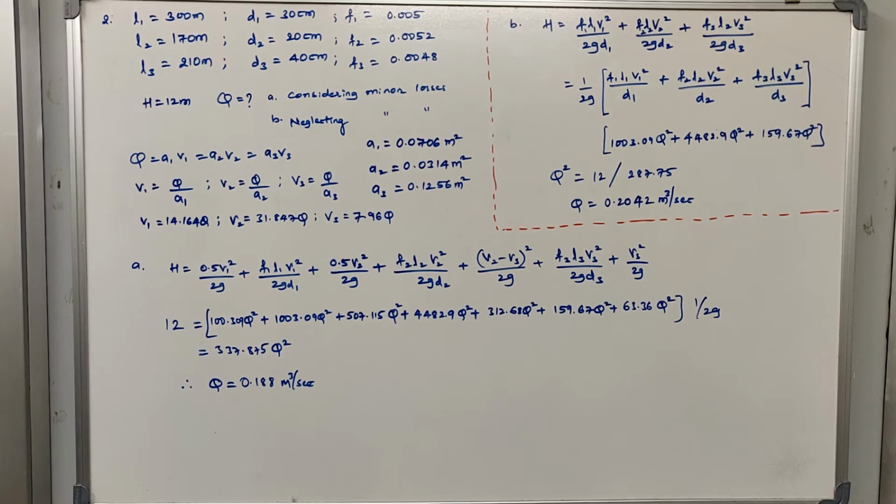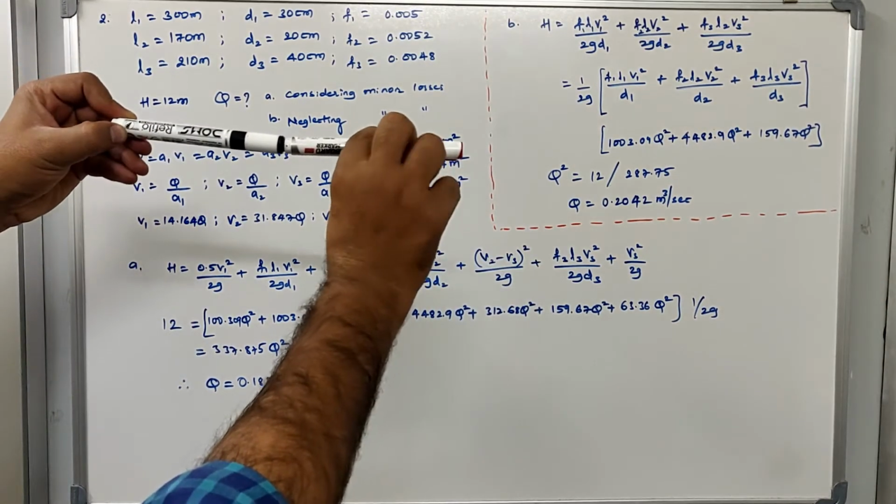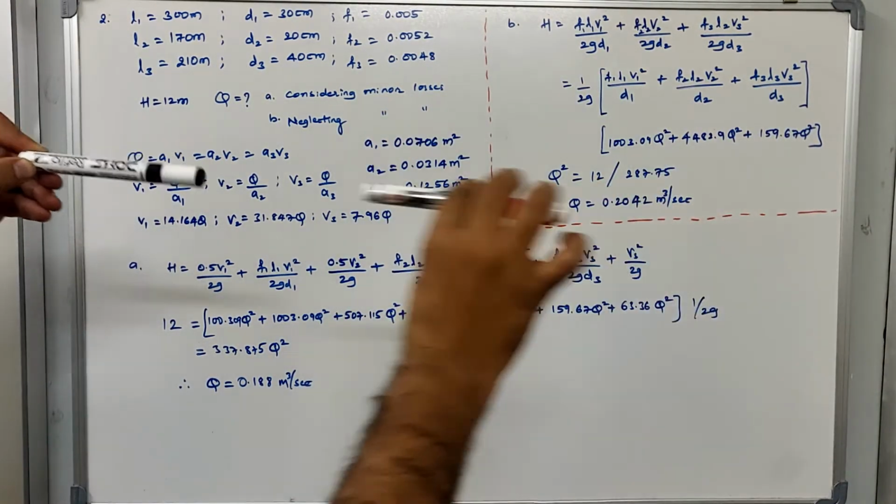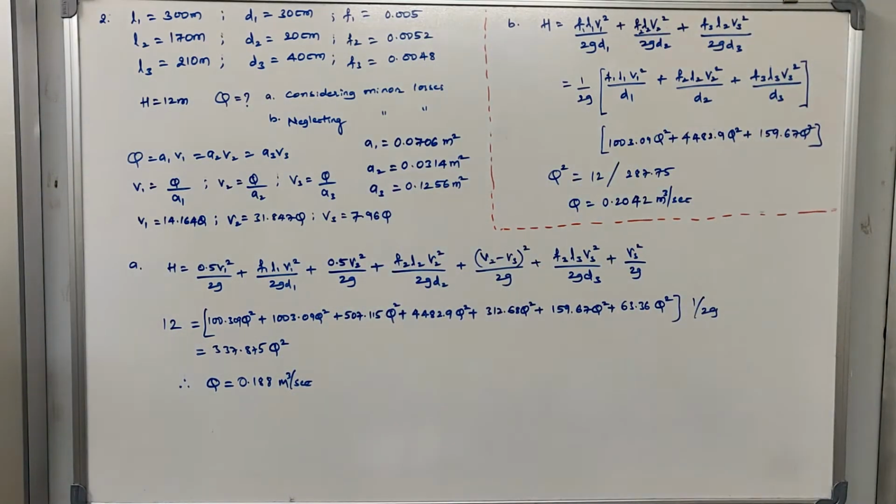From this question, what we will do is we will write down all the given data and we will also see what is to be calculated. From that we will try to solve the problem. As you read the question, you will be able to understand that there are two tanks and the tanks are connected by three pipes in series. There are three pipes of different lengths and different diameters which are connected one after the other, like this. These three pipes are connecting two different tanks, which have a water level difference.